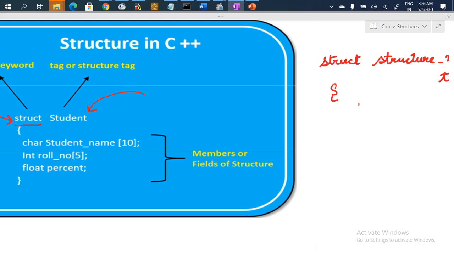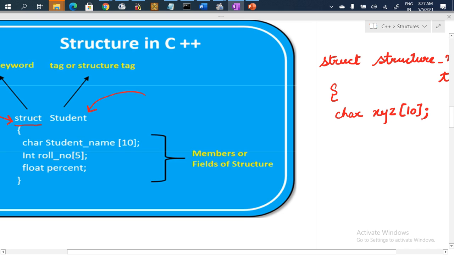Now if I choose here a student name in the form of a character array, I can do that like this: char, anything like XYZ, and the size of the array. So it's a character array XYZ which can take up to 10 characters. Then I can define the integer roll number.